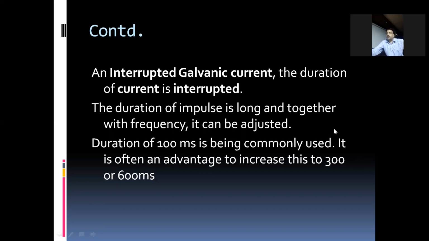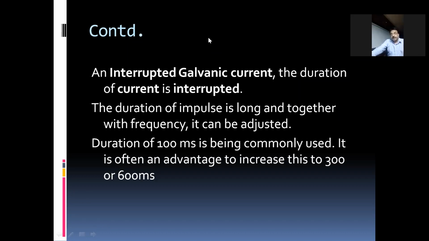Now come to the treatment time and what frequency of contraction. We are giving 30 contractions per minute in both types of current. But in case of interrupted galvanic current, we are giving 60 to 90 contractions, which means 1 or 2 or 3 minutes maximum treatment. But in case of surge Faradic, we can give 5 to 15 minutes, depending upon the muscle's condition, depending upon the muscle affected. We can give surge Faradic in groups.